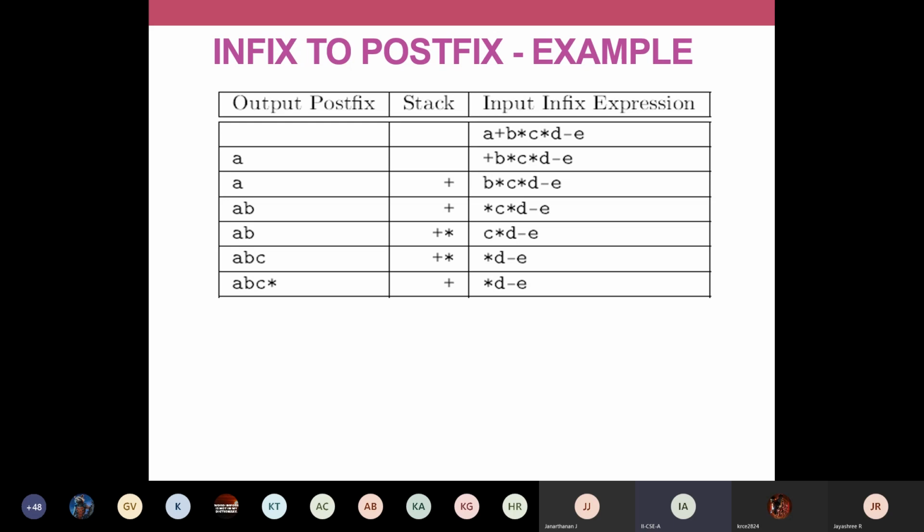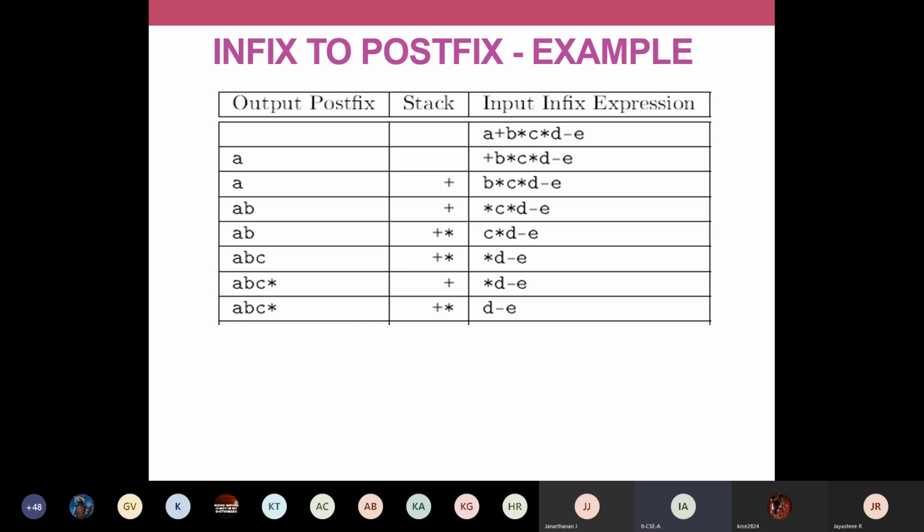Now plus is the stack top and your input has a star. You check its precedence: the stack has lesser precedence. So in that case I'll push this star from the input into the stack. Write this row. In the first step, I pop the star from the stack content and paste it into the output. Then I compare once again this plus and star. I decide that plus has lesser precedence than the input token, so we are pushing this input token into your stack.